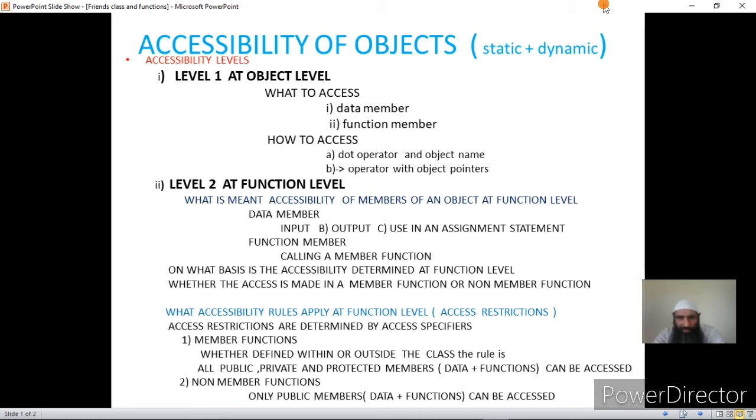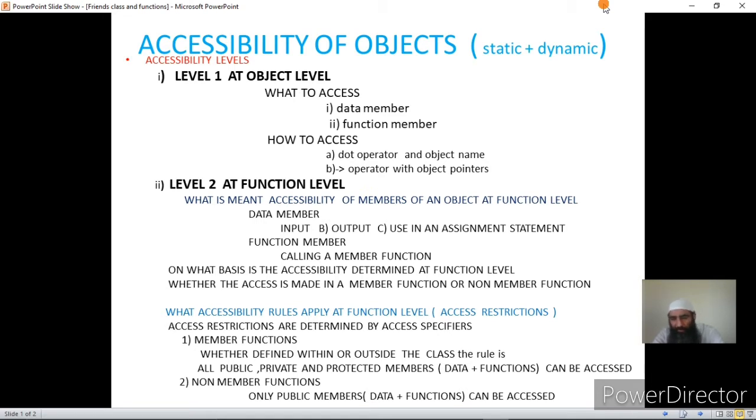Now if we have member functions, all the public, private or protected members can be accessed in a member function, that is, the function which belongs to the class from which the object has been instantiated. Accessing a member means accessing both data and function. Accessing the data means inputting the data, displaying the data, or using it in an assignment statement.